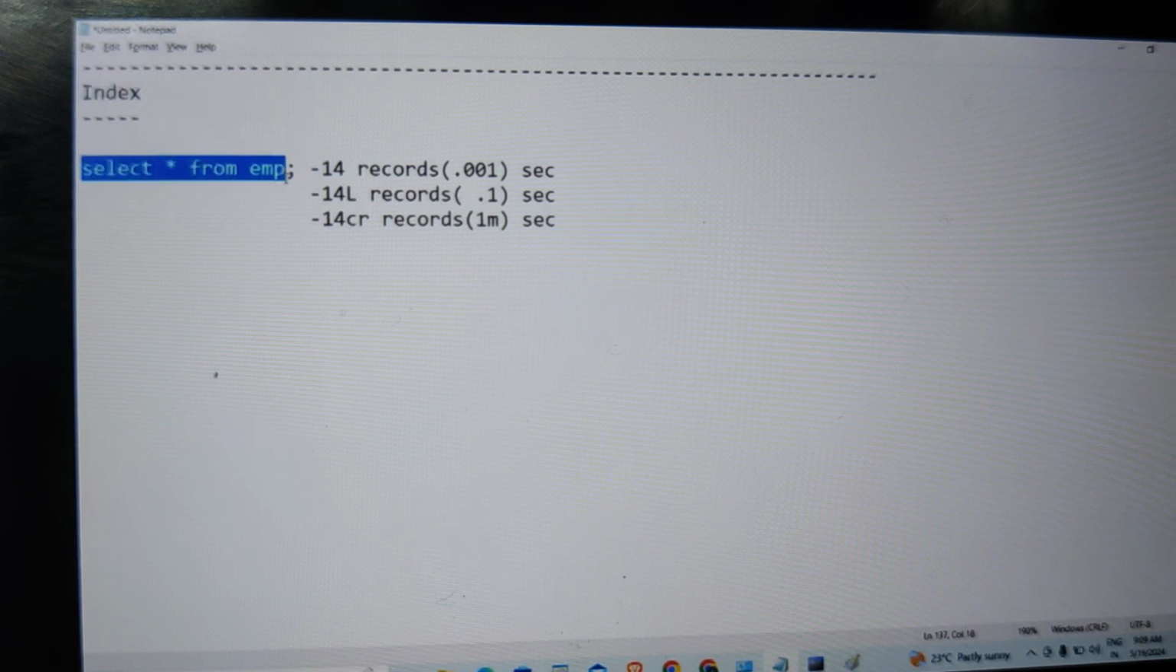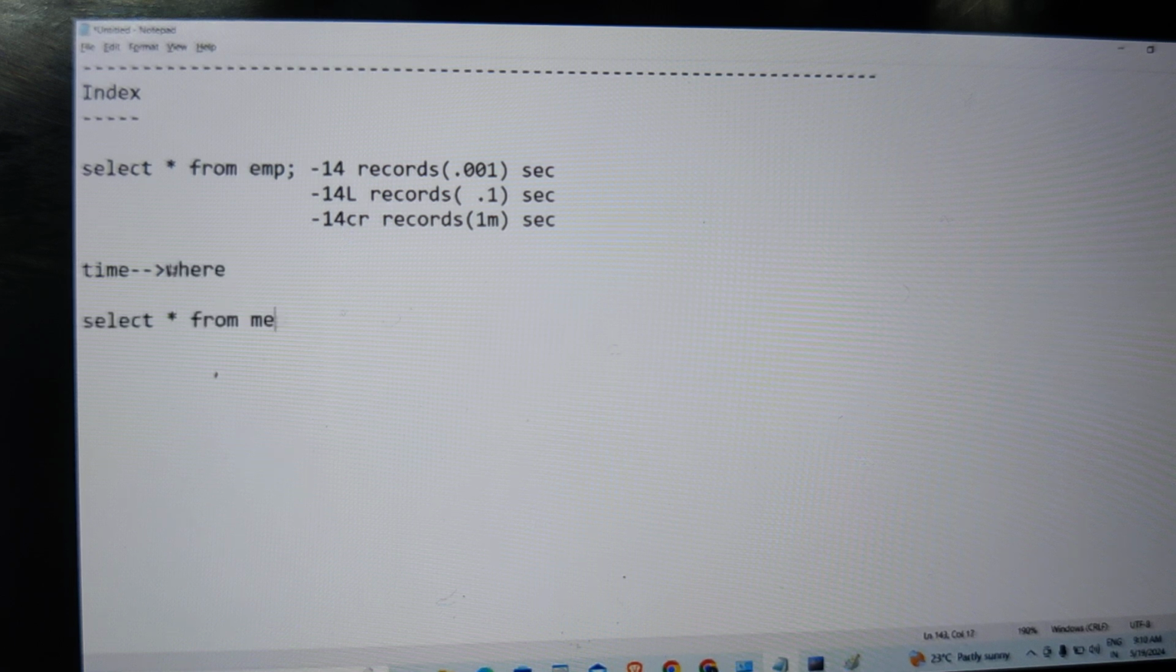Generally, select will not take any time. Please understand, a select query will not take any time by itself. It takes time when you use the WHERE clause. For example, select star from EMP is no problem. It goes to the database server and the table and brings all the data to the screen. No problem. But when you apply the WHERE condition, like department number equal to 10,